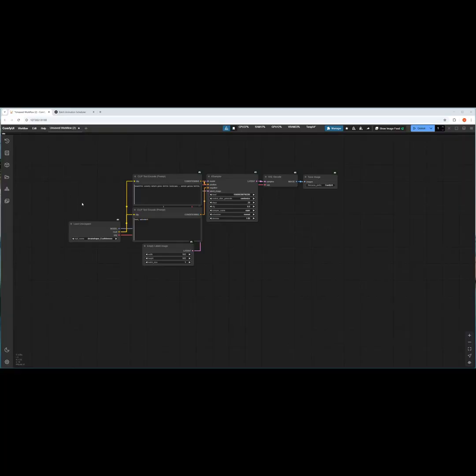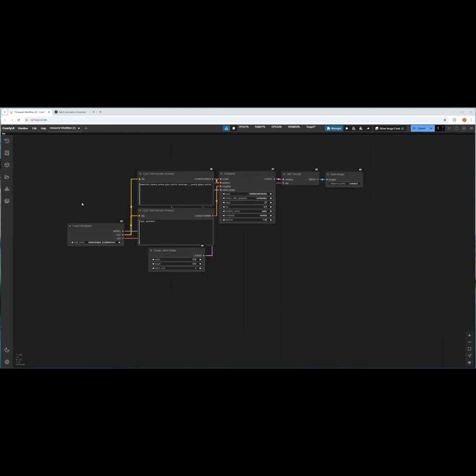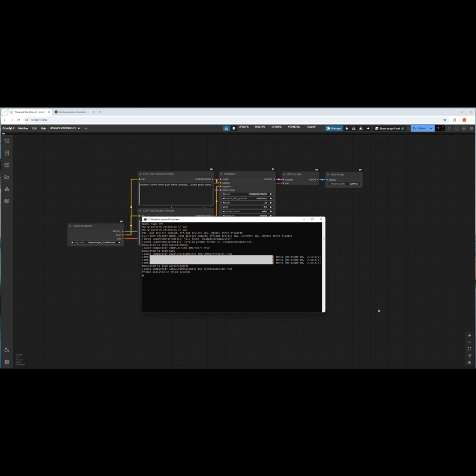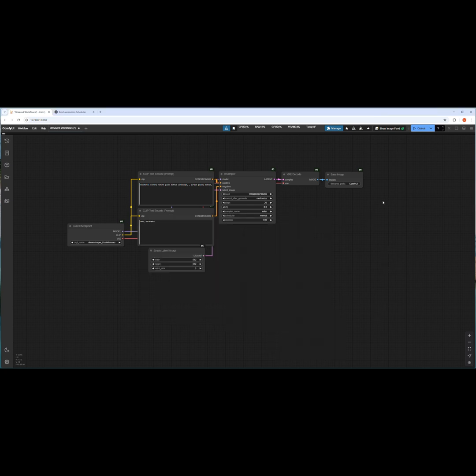This is the basic workflow when you open ComfyUI from command prompt. If you don't know how to install ComfyUI, please check the video in my channel. This workflow is very simple. You only have to select the model and run the workflow after giving text as prompt, but make sure the ComfyUI server is running on the backend and it will generate the image, which is saved in the output directory under